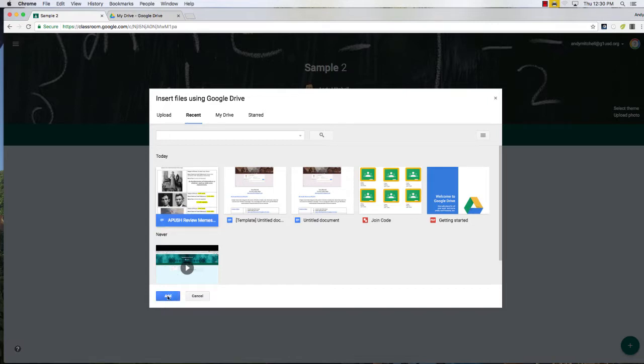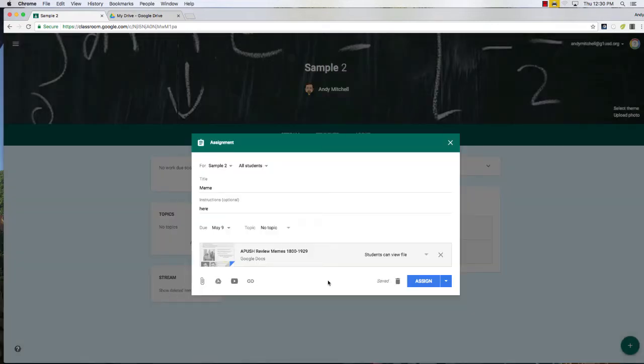Here's the assignment. I'm going to add it. And this is the important part, because this really is done the first time around. You can't go back and edit this later. I have three choices. Students can view the file, meaning they're just going to read the document. Students can edit the file, which means each student in the class can edit the original file. This could be problematic or very cool depending on what you're doing, but imagine 30 students working on the same